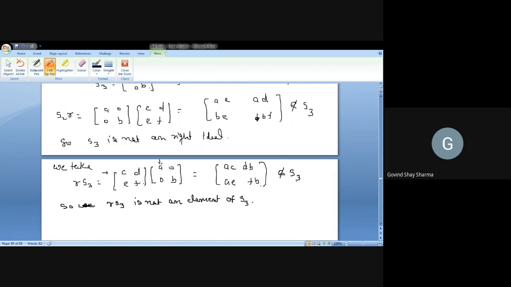So we can conclude that S3 is not a left ideal and